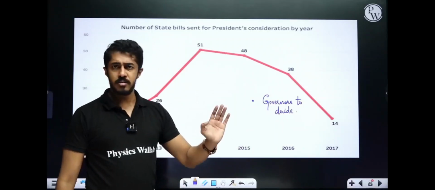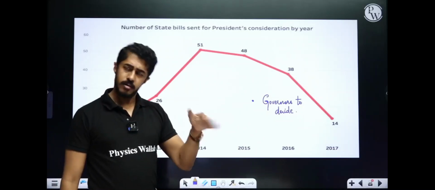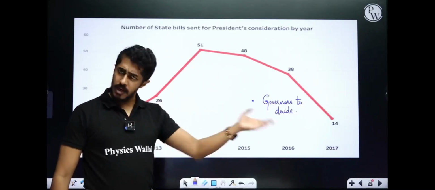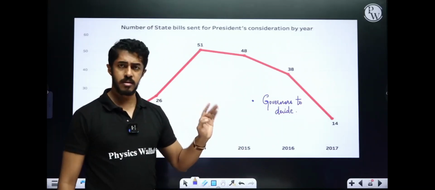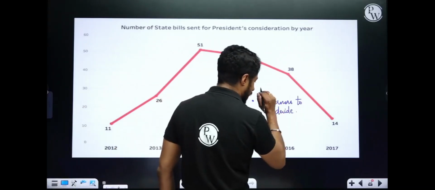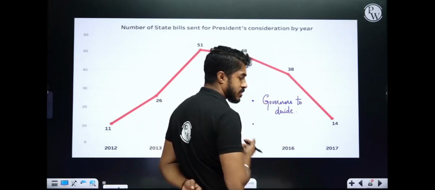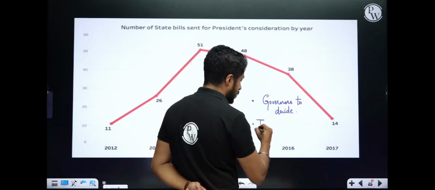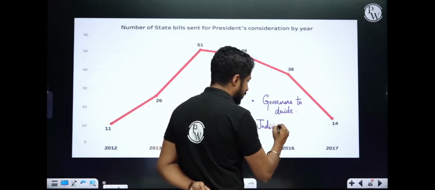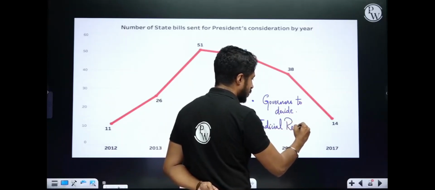That is, give your assent. All right, you give your assent, return the bill. Once it comes back, also you give your assent. Why? Once it is done at the state level, then where it has to, what clearance it needs, then after this, it is subject to judicial review then.